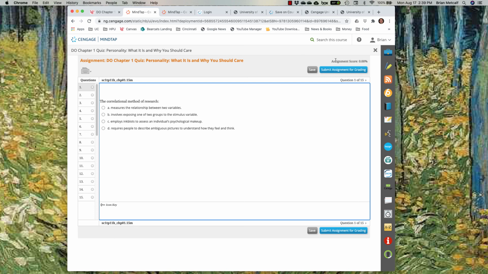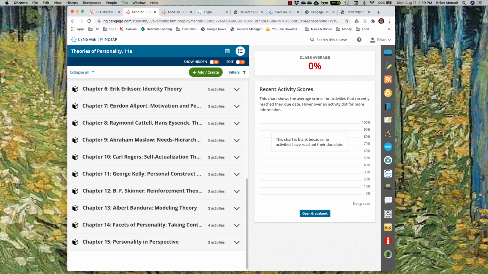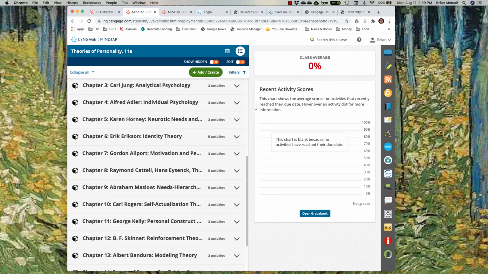I'm going to sneak one other thing in here because I'm thinking of it. Anytime you're in, I'm going to exit out of the quiz. Whatever MindTap window you're in, notice this menu of options over here that you probably forget and ignore and don't look at. Some of these I honestly don't really know what they are, but there are flashcards and other resources here. But right here is a click where you can open up the full textbook. So if I have chapters hidden and you need to look ahead to future chapters, you can always find the